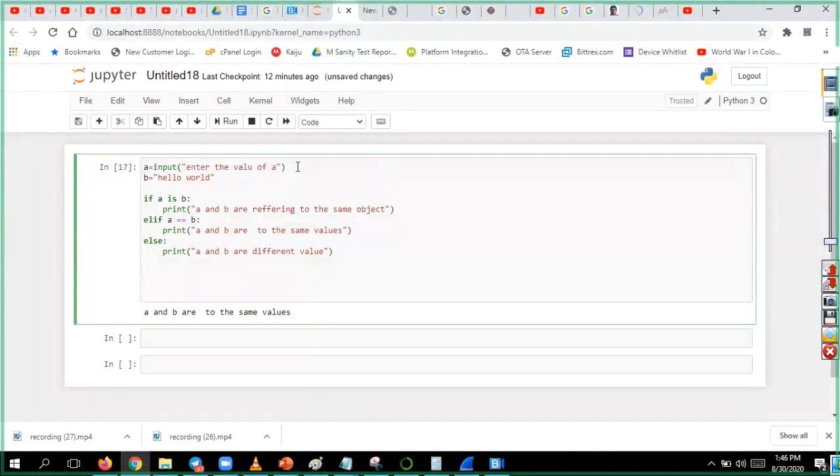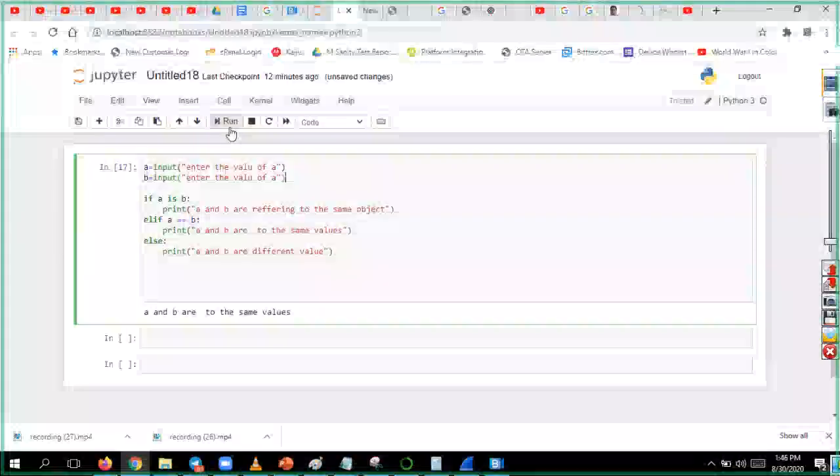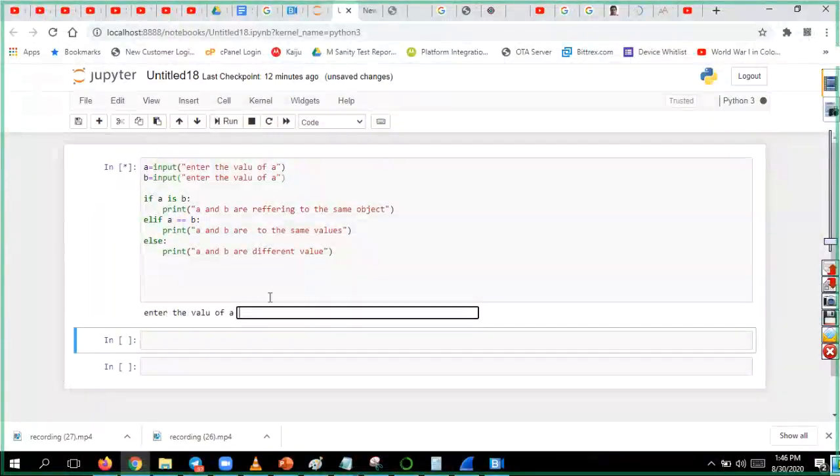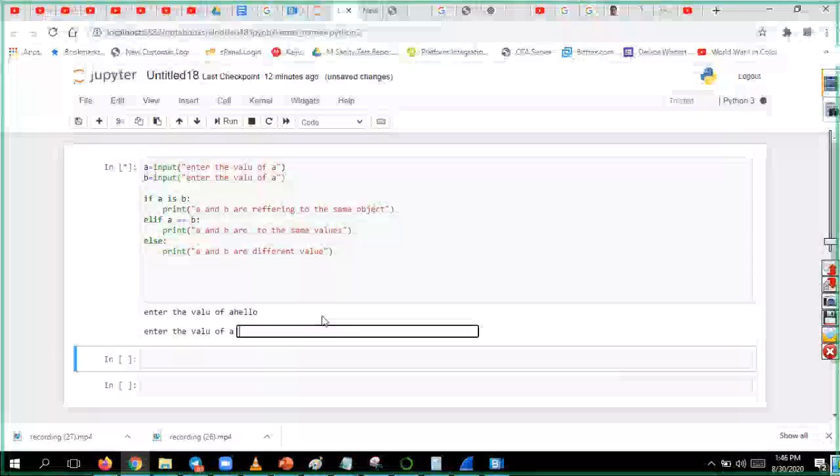Just to see, some small program I'm writing with all these membership operators. Just trying to write how usually you'll also write small programs. First, I will give hello, one single word.